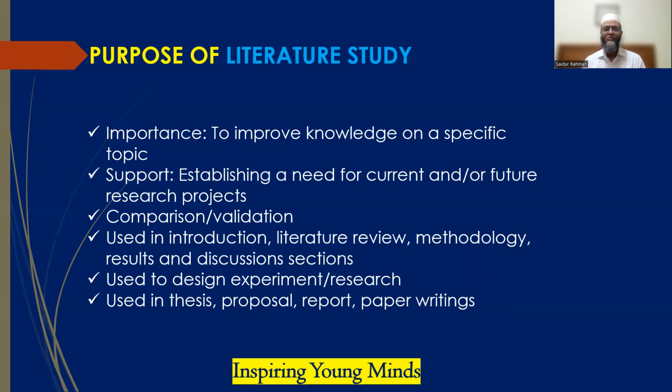So how to improve the knowledge? The student has to become a master of that specific topic. That is actually what a PhD or master's student substantially needs, to improve his or her knowledge. So how to do that? Because this is research on a specific topic, the most important way is to study the literature, read the literature, digest the literature, understand the literature. So one of the most important points is to improve the knowledge.